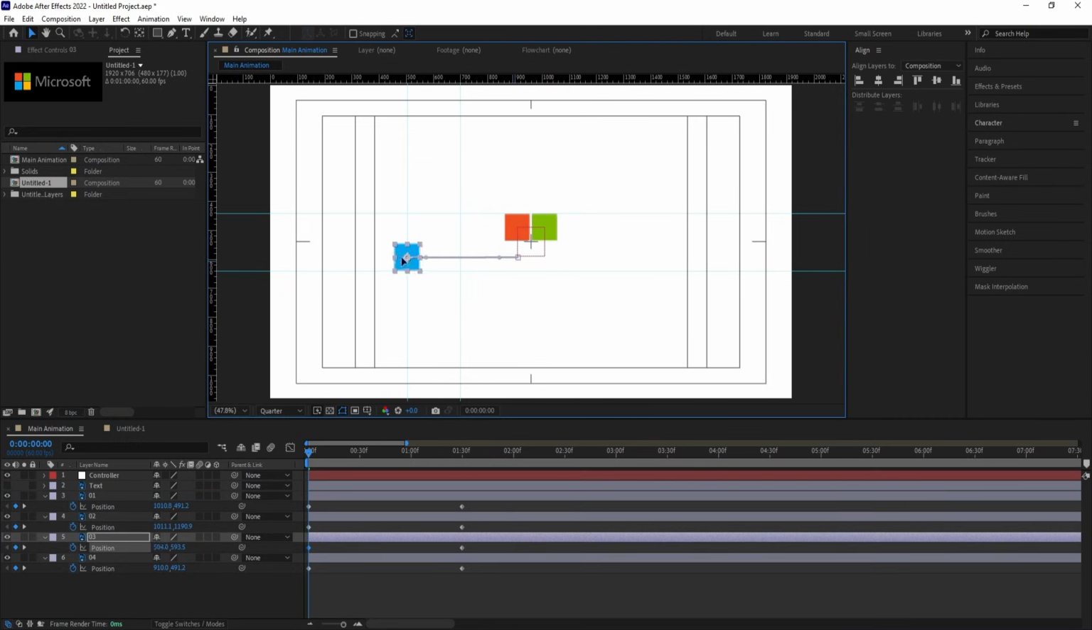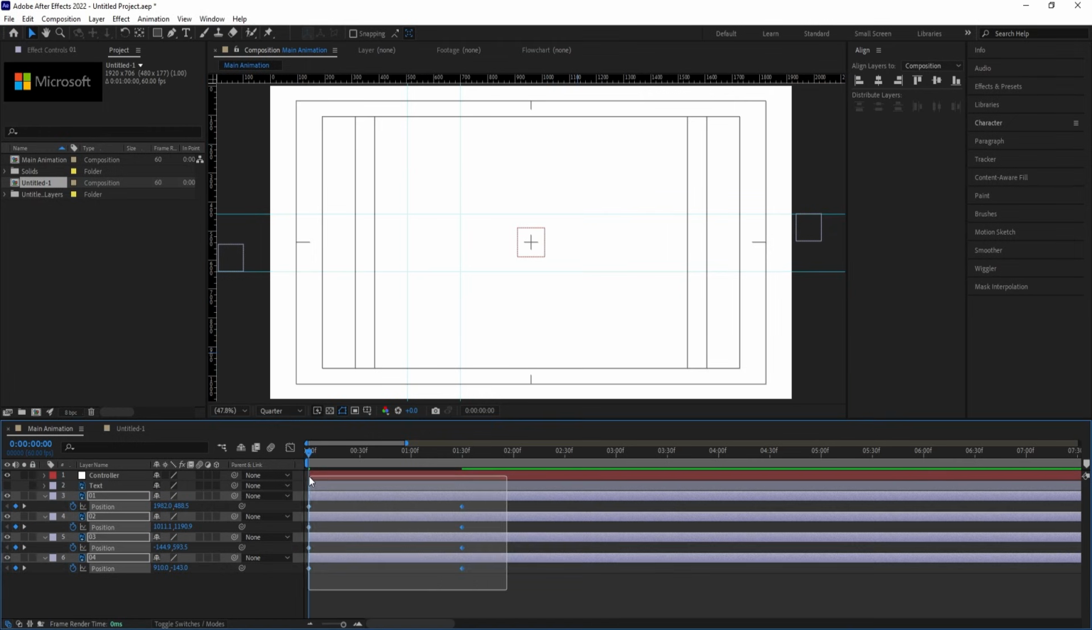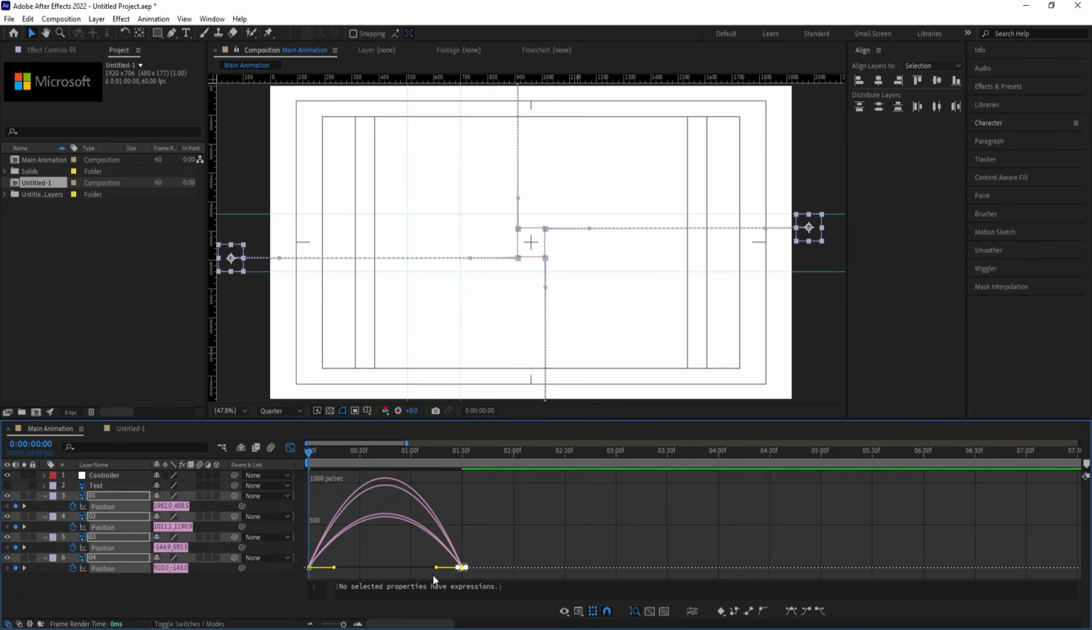Select this blue color, bring this over here. Select this red, move this over here. Select this green and let's move this over here. Then select those keyframes and let's hit F9. Go to the graph, select this graph and by holding shift move this handle over here and let's disable this